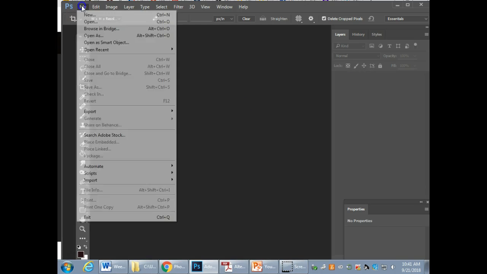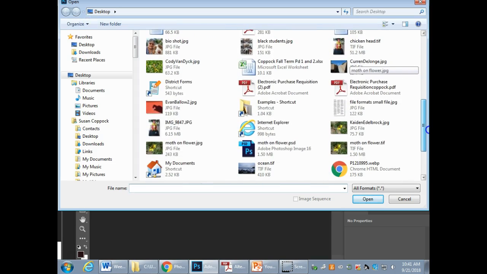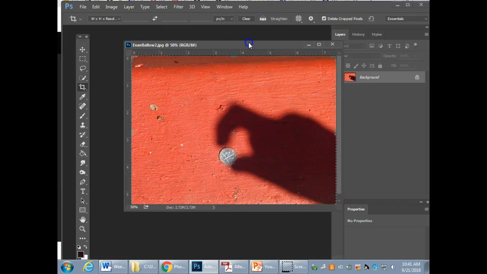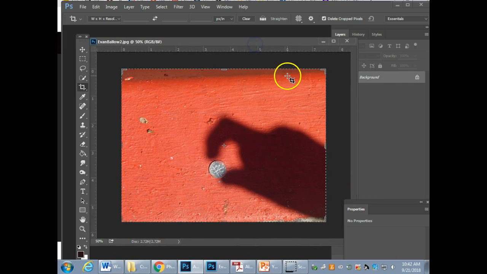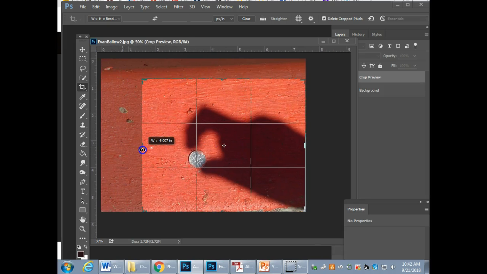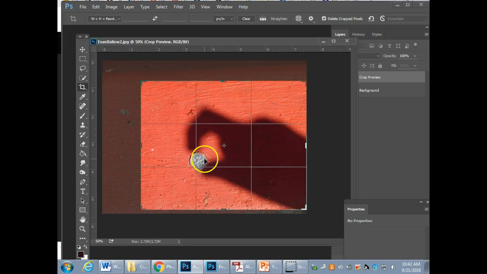Okay, so let's also show you something else that's kind of fun that everybody seems to love, which is the clone stamp. So let's open this picture of Evans. So the first thing we're going to do to this picture is what? Crop it. We always want to crop an image first. So when we go in here, we see now we have rule of thirds. I don't think we need so much here, right? So maybe we'll do something like this where I don't want this little brown edge in, so I'm going to come above that. And you'll notice that the dime is at a perfect intersect point of the rule of thirds,